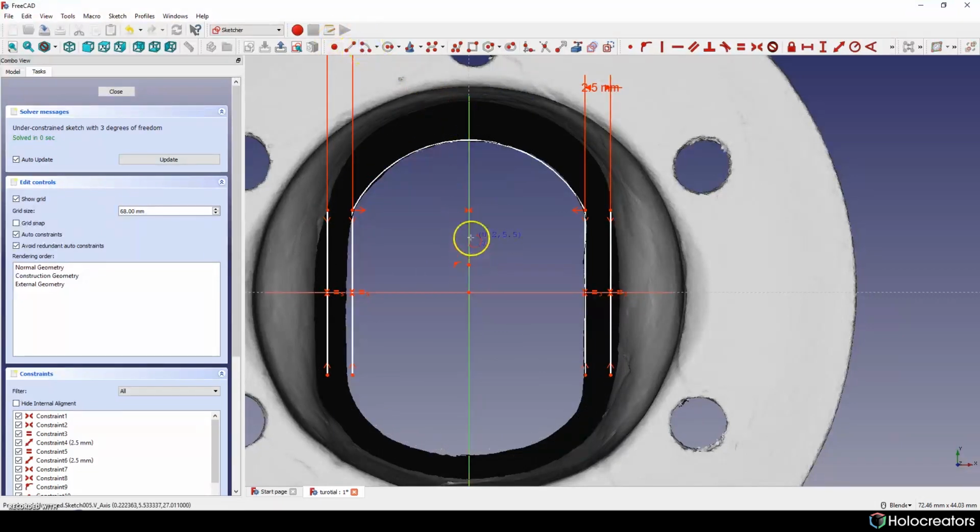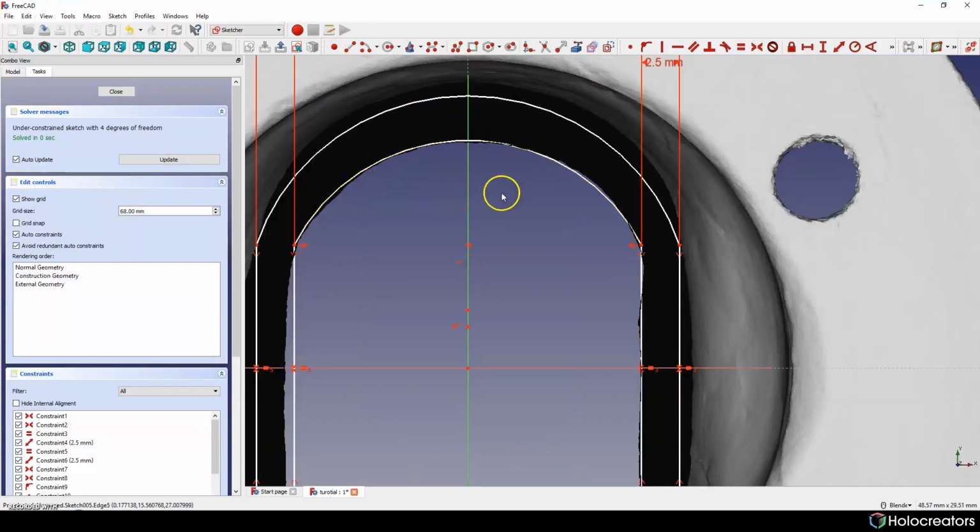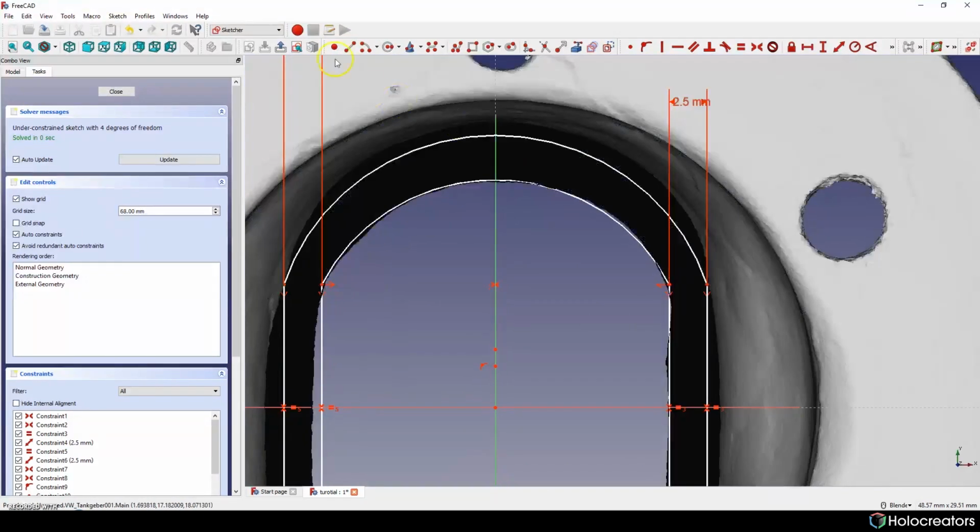So basically we are doing the same process, just creating cycles. I think it should be the same thickness here. So to make a constraint here, we will need some construction line. To do this,